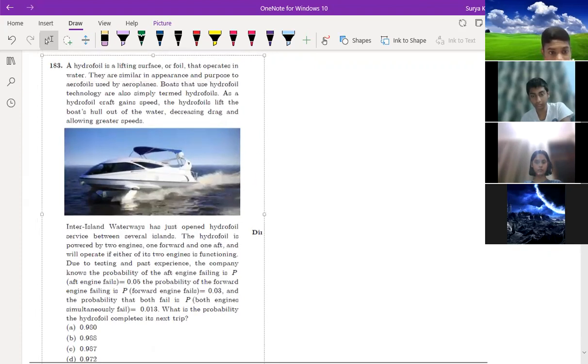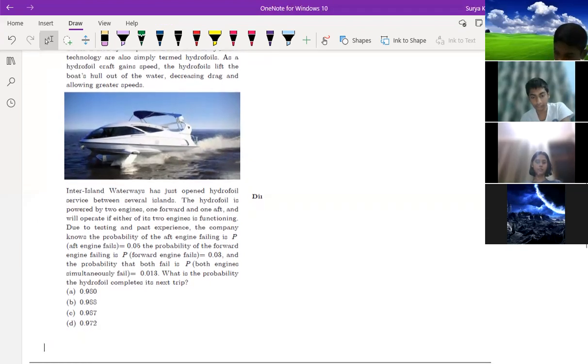A hydrofoil is a lifting surface or foil that operates in water. They are similar in appearance and purpose to aerofoils used by aeroplanes. Boats that use hydrofoil technology are also simply termed hydrofoils. As a hydrofoil craft gains speed, the hydrofoils lift the boat hull out of the water, decreasing drag and allowing